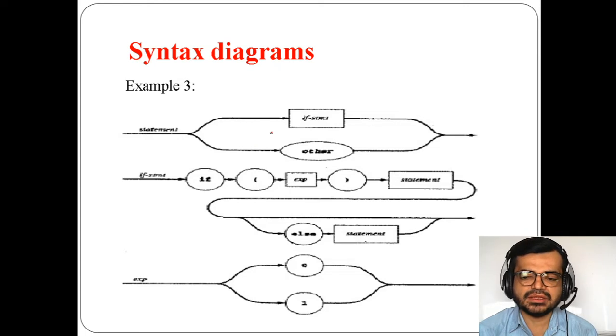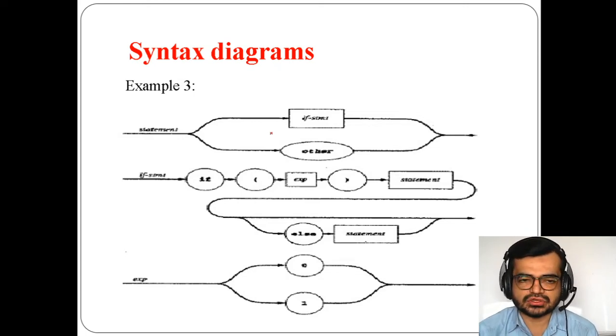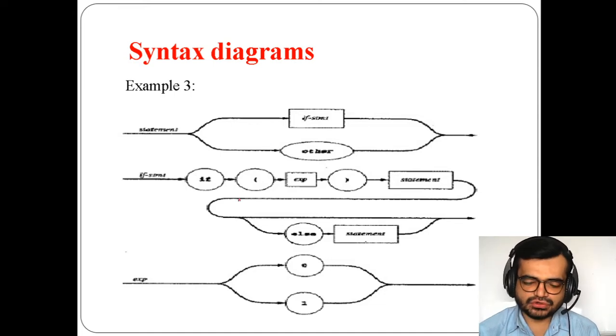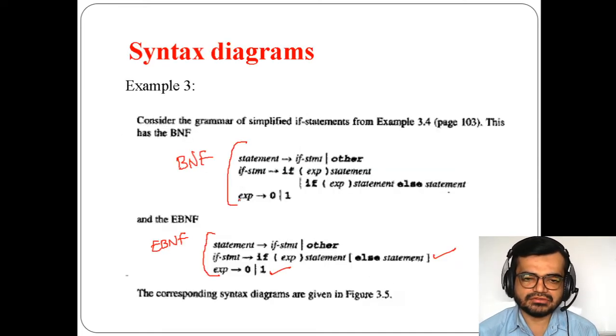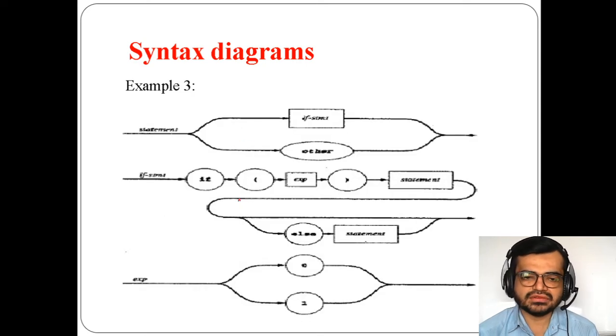Or means there will be two directions, that means branching will happen if you take an or operation here. If you go with the next line, if statement is there. Here you are taking if, and this is the expression, and this is your statement.